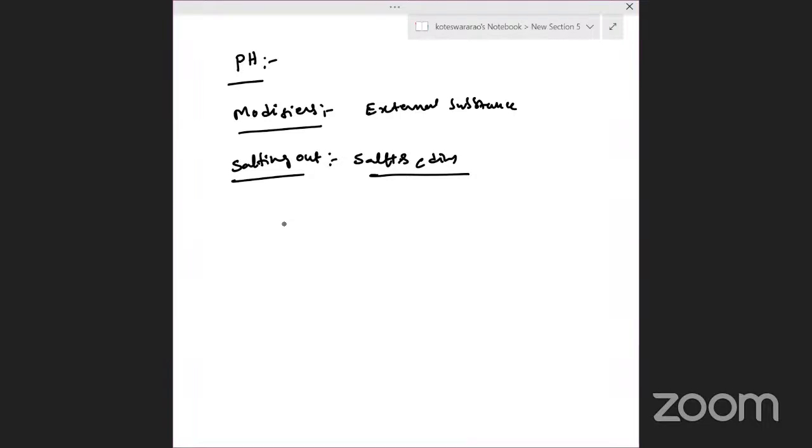Therefore, the solubility of the non-electrolyte in the organic solvent is reduced. The non-electrolyte is the impurity or the undesired compound present in the organic solvent, and the desired compound is already salt in nature or polar in nature. Therefore, whenever we add the salt, that increases the ionic strength, and whatever the polar or salt compound is, it is immediately soluble, and more of the solute is transferred to the